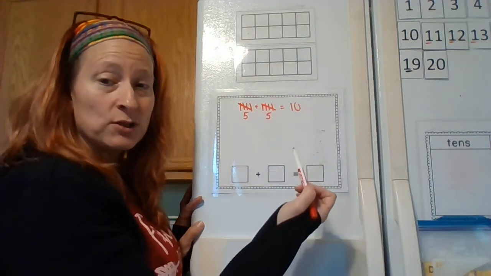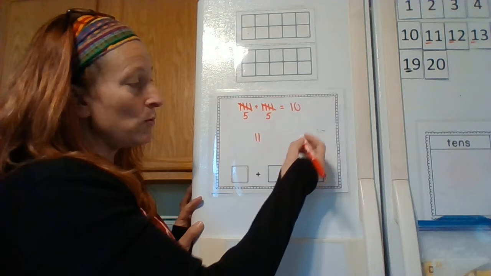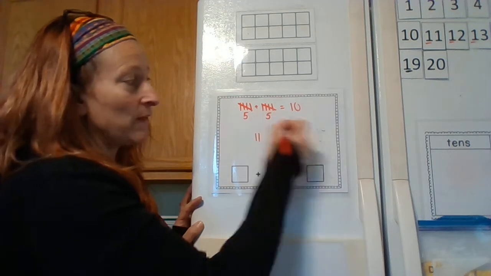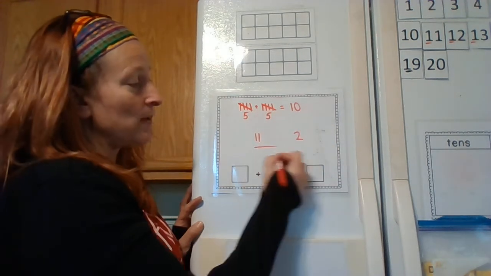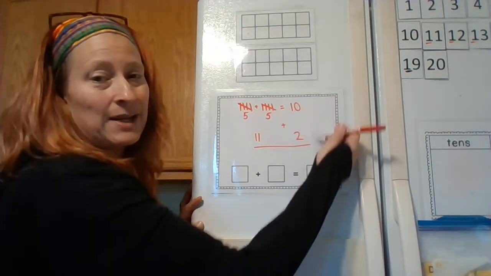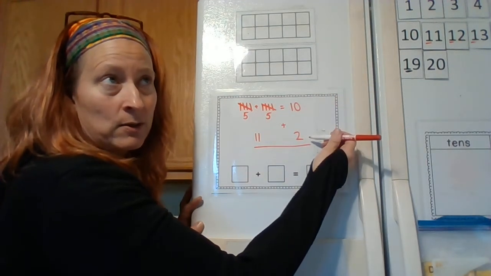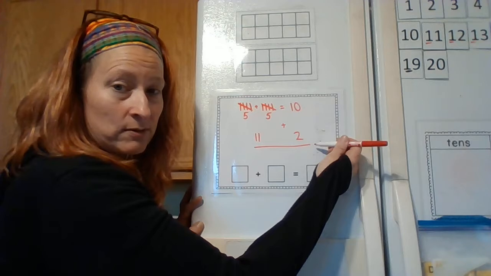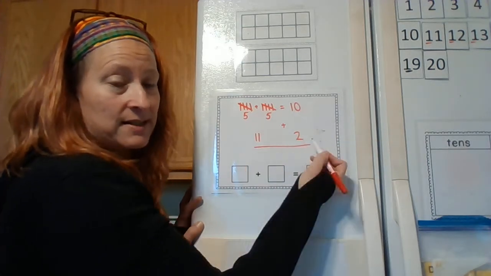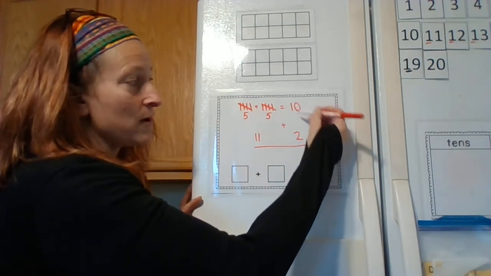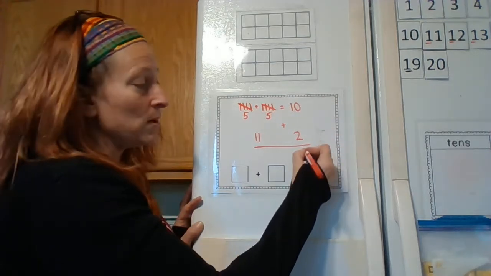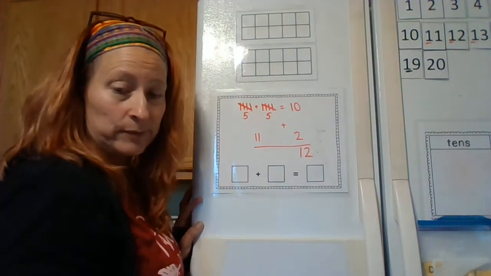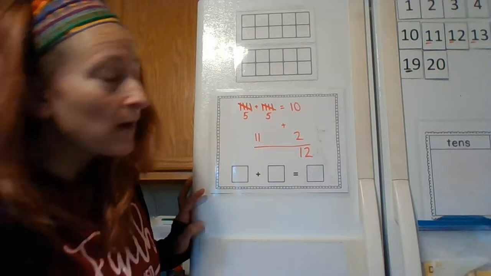Now, if I wanted to do 2 more, I would have a group of 10 and 2 extras, and this is how you would add if you were going horizontal, because this is vertical. This is side to side, this is up to down. So if I had a group of 10 and 2 ones, I would have 12. Now I can erase that,